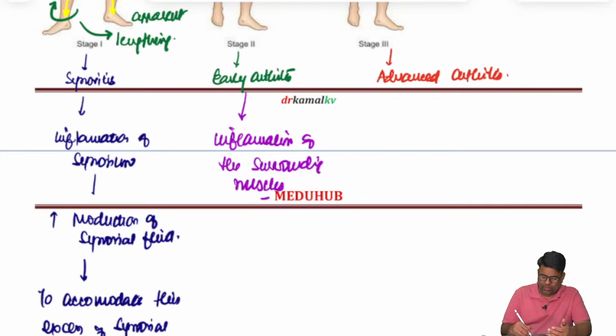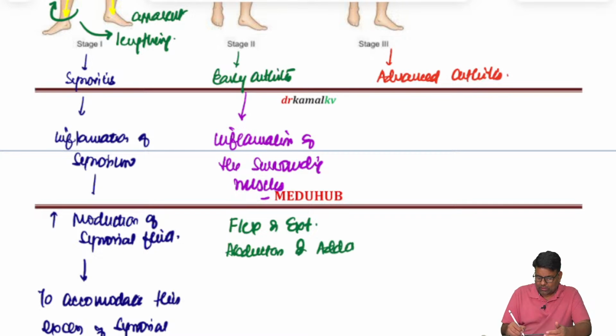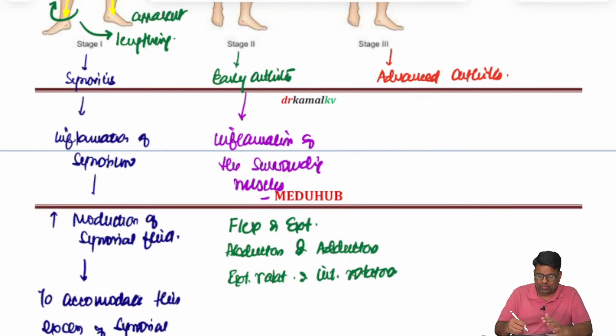One is flexors, extensors. Then there are abductors and adductors, right? And there are external rotators and internal rotators. So all these muscles will be inflamed, but